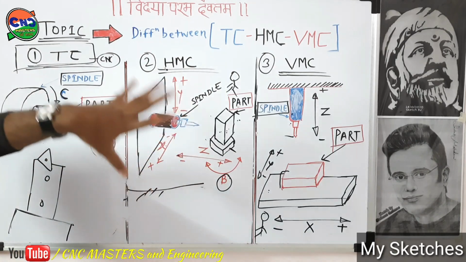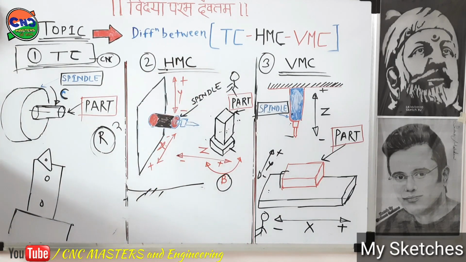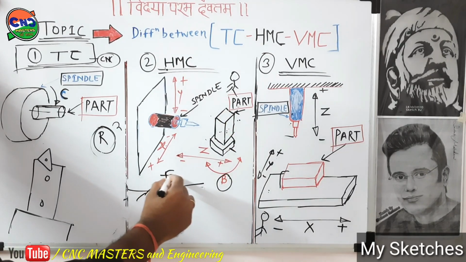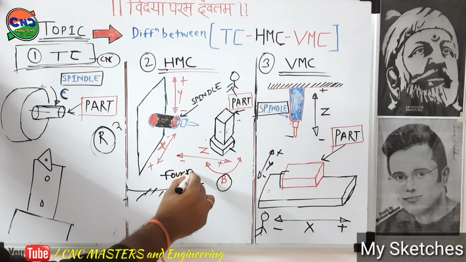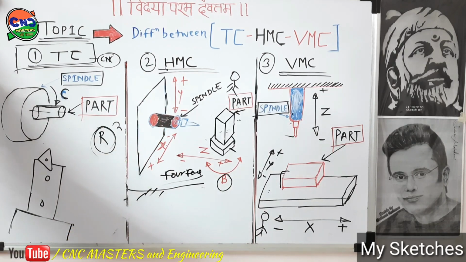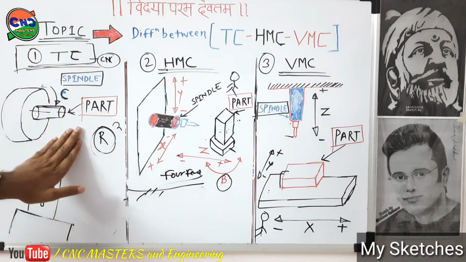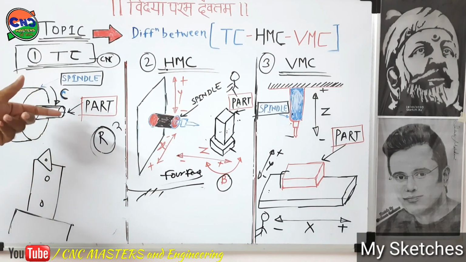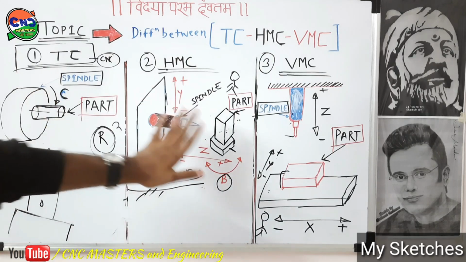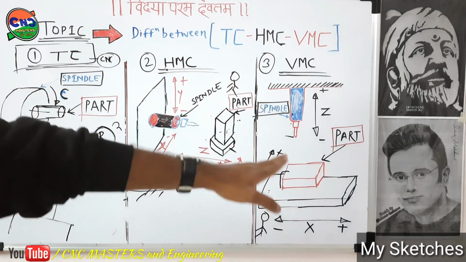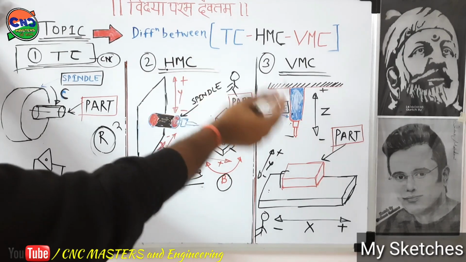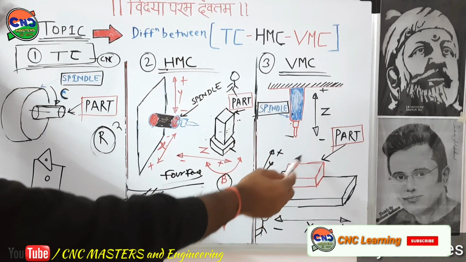HMC is generally used for heavy jobs. If you want to do four-face machining, normally you can just prepare the HMC machine. Here you can do turning operations only to turn the jobs, meaning round jobs here. Whatever other than round jobs you can do on HMC or VMC. But what is the main difference between HMC and VMC? VMC can access only one face.